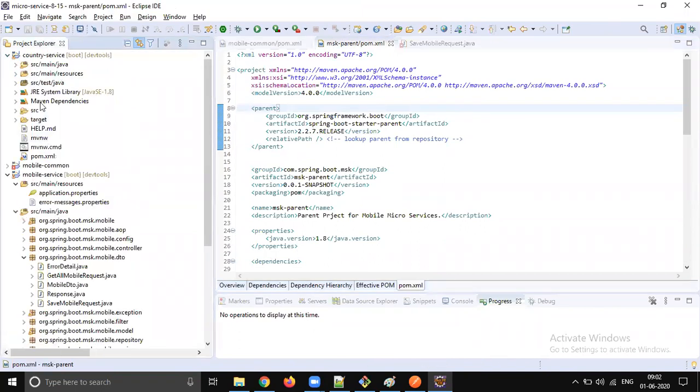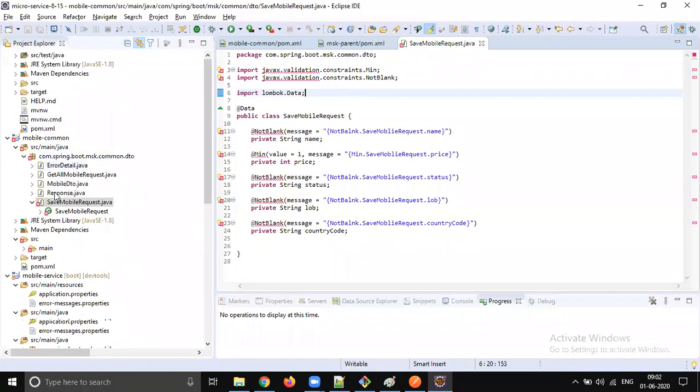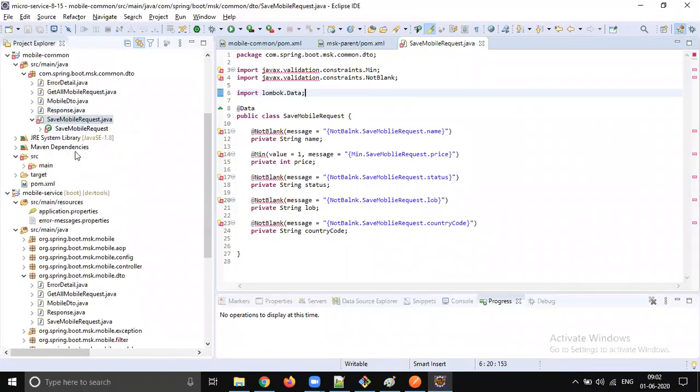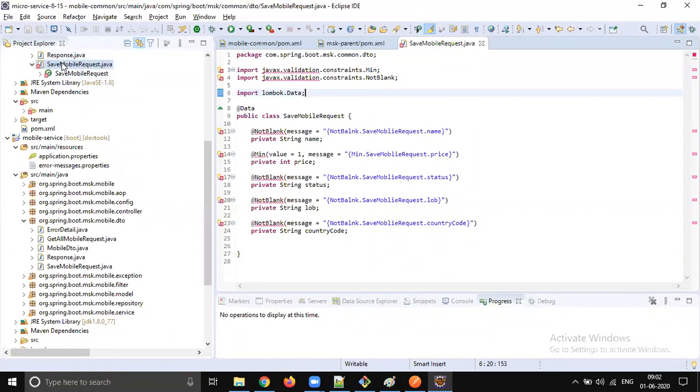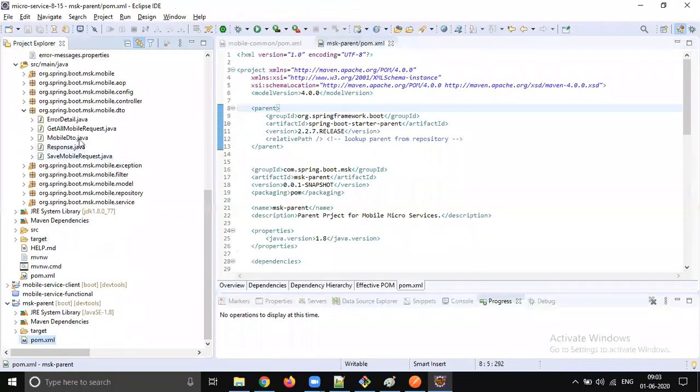Go to country. If you make it parent, the problem is it becomes child to it and acts like a separate one. Okay, so let's move this save mobile request back to here. Okay, let's delete it. Just have the common files. So error detail is common, mobile DTO is common, response is common.